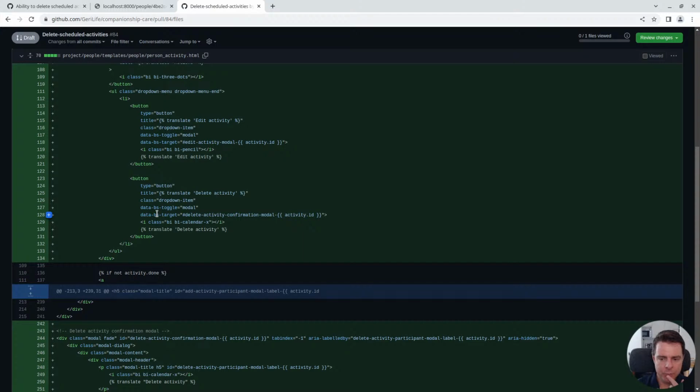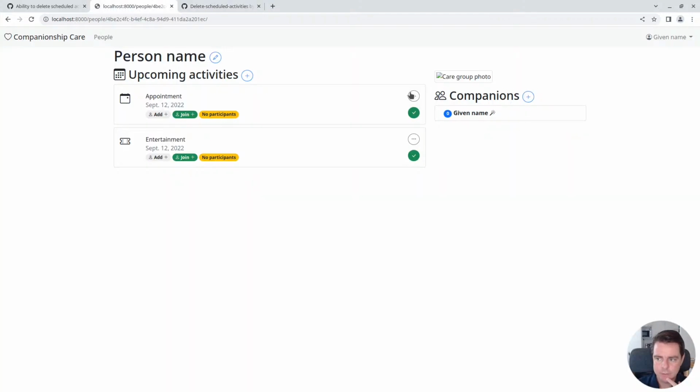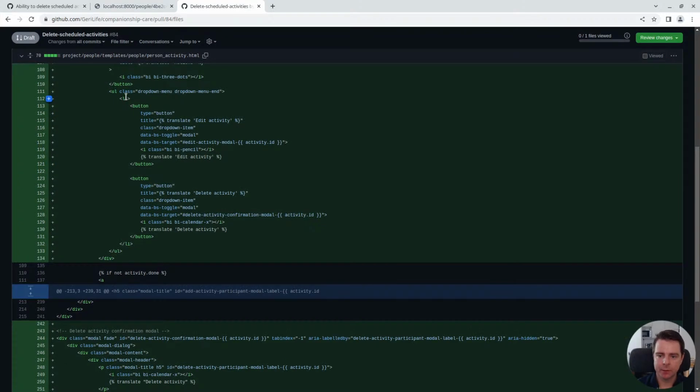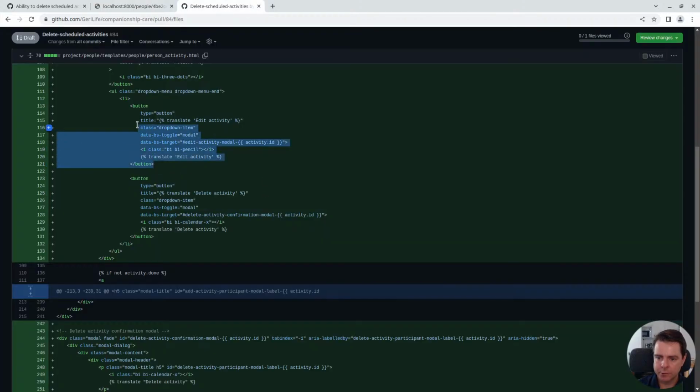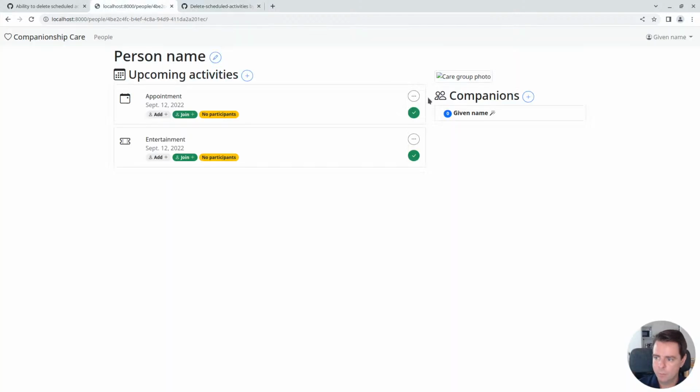And actually, I just realized I have an error here that's surprisingly working. I think each of these buttons should be in their own list item as a drop-down item, but that's interesting that works. I'll try to fix that off stream. This button previously was the edit action that took this space originally. I've moved it into the button group, so nothing really has changed here. This toggles a modal dialog,